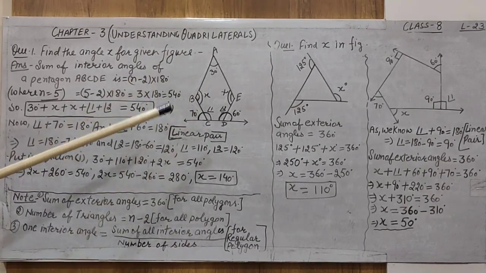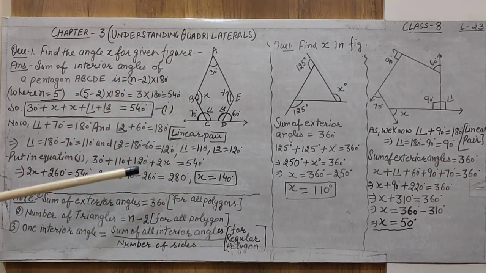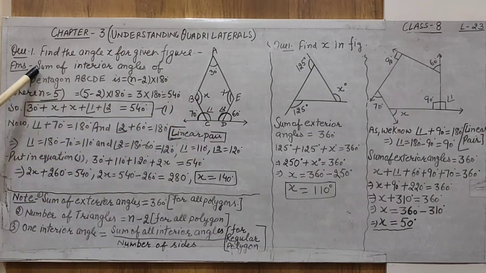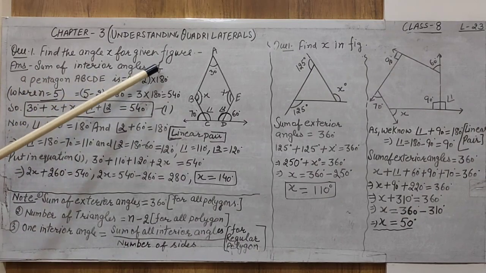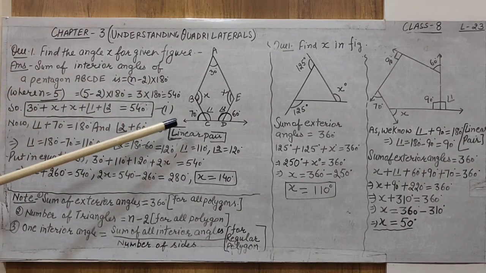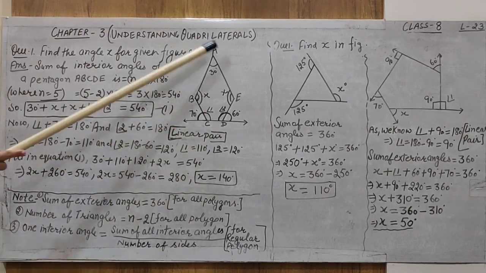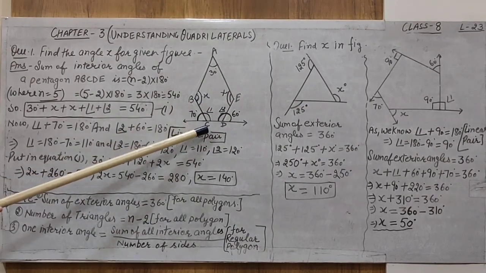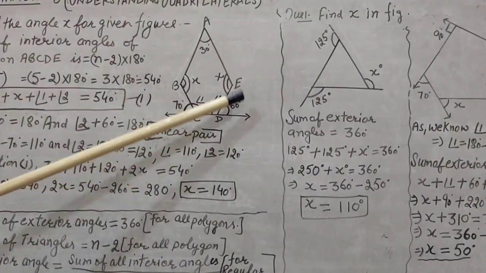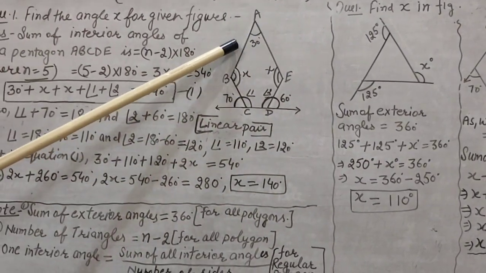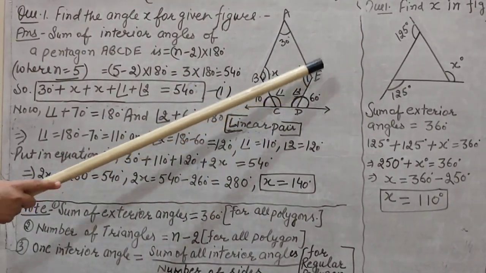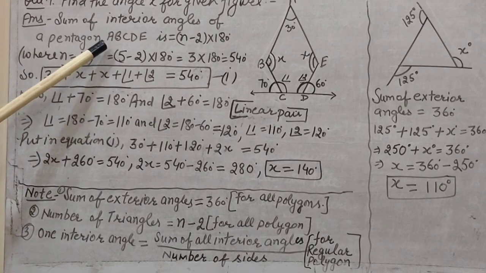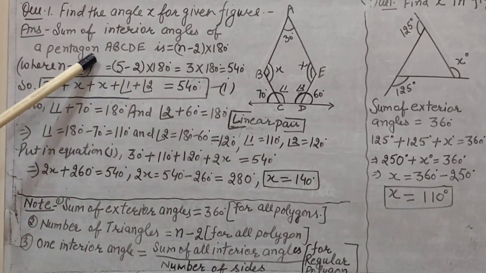Yesterday we have done two questions. One is related to triangle and second related to quadrilateral for sum of the interior angle. Now, the answer is the sum of interior angles of a pentagon. This is a polygon in which 5 sides are given: AB, BC, CD, DE and EA. These 1, 2, 3, 4, 5 sides are actually given. So we have selected here a polygon, that is pentagon, in which 5 sides are given.